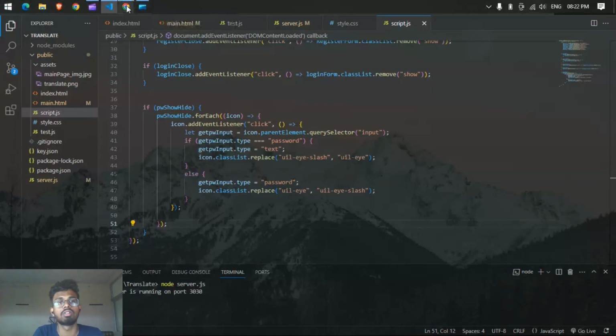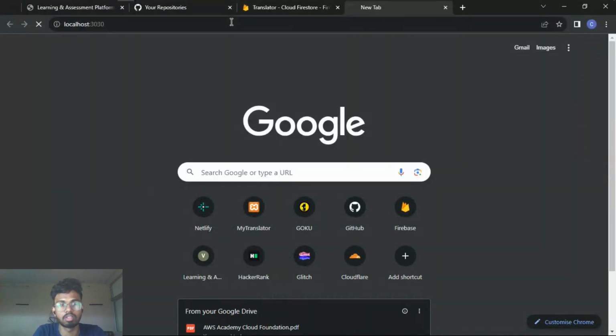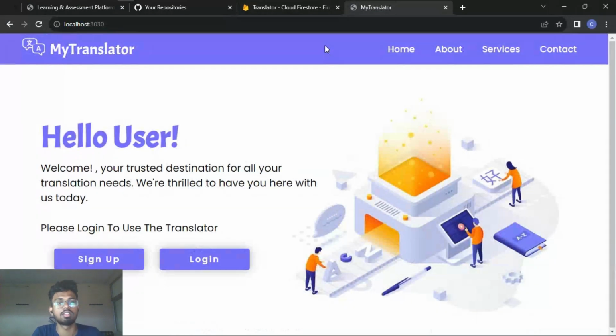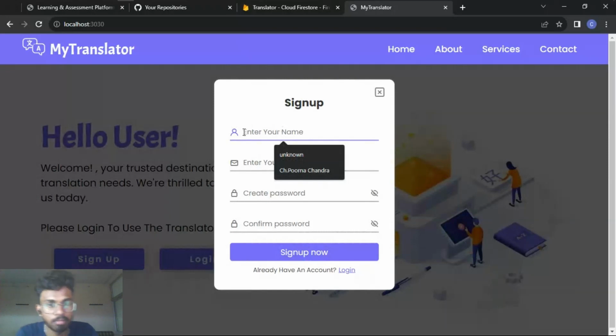Now let's go to our port. And this is our website. This is the index.html file, where, in order to use our translator website, we need to sign in, and we need to log in to the website. Firstly, we sign in into the website, and